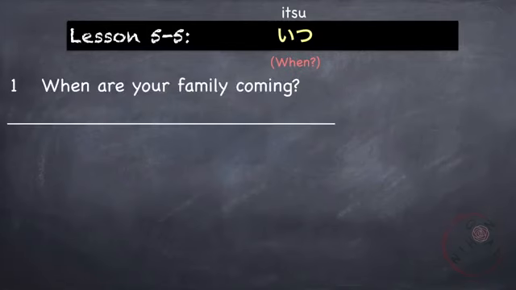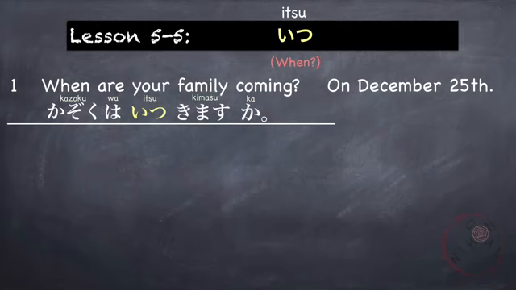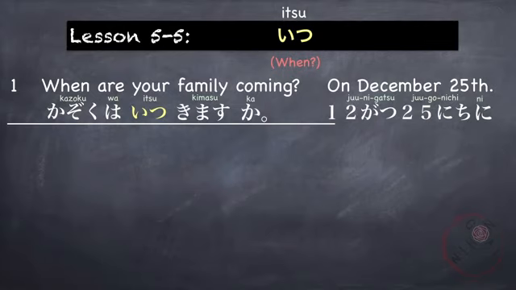Number 1, when is your family coming? So, the subject here, or the doer of the verb, is the family. So, let's begin with the subject, which is kazoku, kazoku wa, followed by the interrogative word when, itsu, and then the verb coming or come, kimasu. Kazoku wa itsu kimasu ka? On December 25th. December 25th is 12月25日, followed by the particle of time, which is ni, because there is a numeral in the